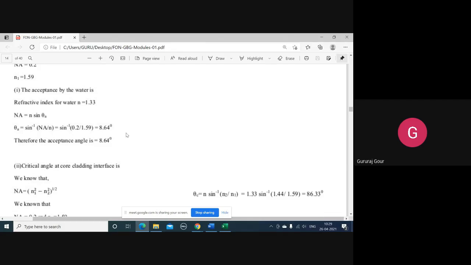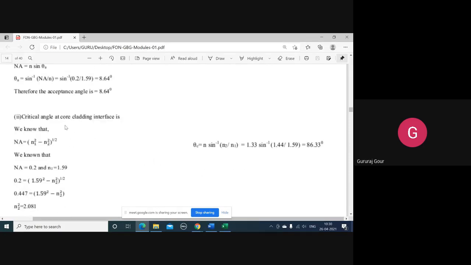I want all of you to work out this problem, a very simple problem. Remember one thing I want to tell you here, in this optical fiber subject, all the problems are very simple. You need to remember the formulas correctly and use the calculators properly. Sometimes what happens, the calculator answer comes and you end up the answer by keeping it in radians. You lose the marks. Okay, so this is very important, very important I am telling you.